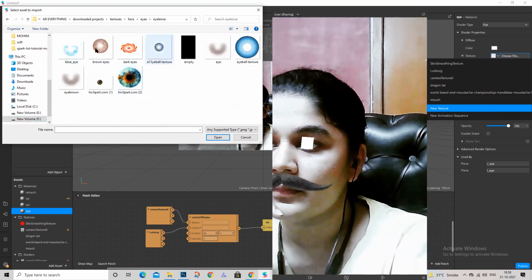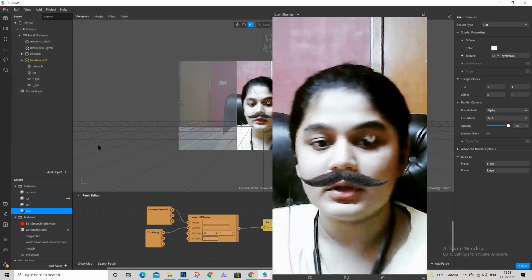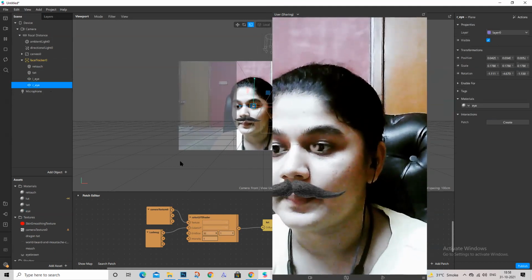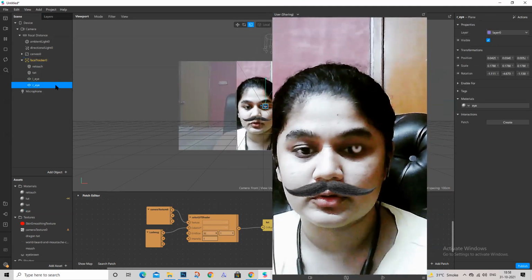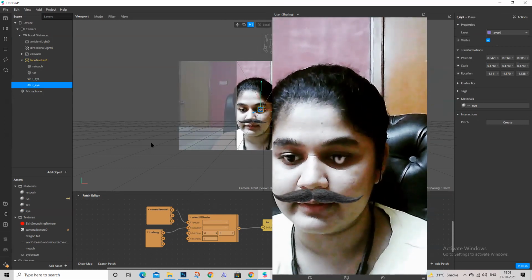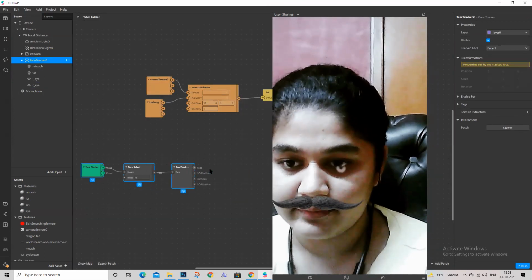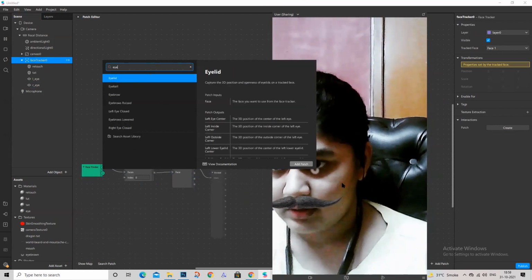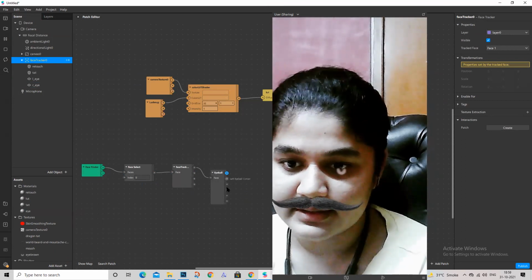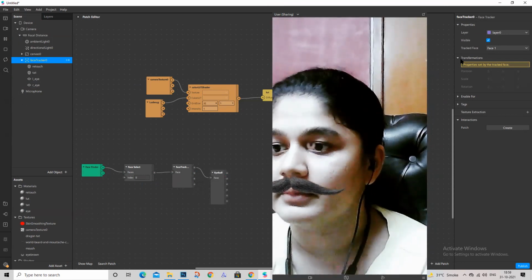So for example, okay. Can you see this? Okay, so these two are on the same side currently, but that's something we'll change in the patch editor. We are going to drag the face tracker into the patch editor, and then in face case we'll go for the eyeball patch, and then we have options: left iris, left eyeball center, left eyeball rotation, right iris, right and so on. So we'll go for the left eye.